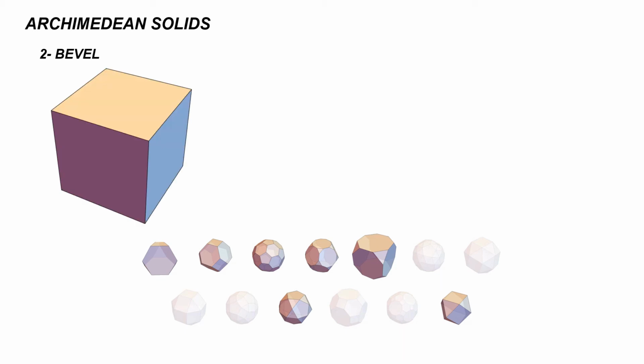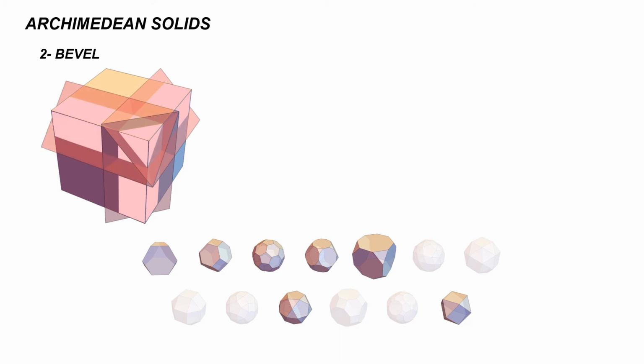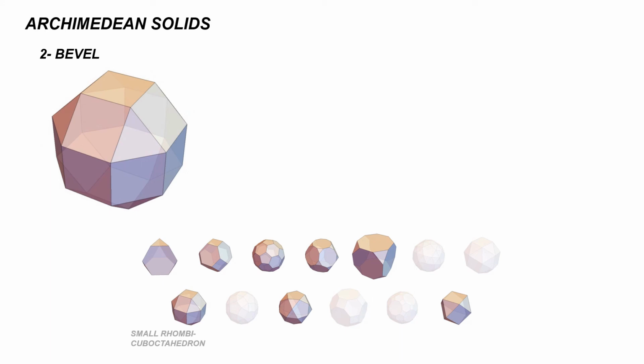The second operation we define is bevel. Bevel is an even truncation of the surface along the edges. Let's take a cube and highlight the portion of the surface to be beveled along one edge. Then we label several other regions to be beveled. If we perform this operation along all edges and remove the highlighted regions, the remaining structure is a small rhombic